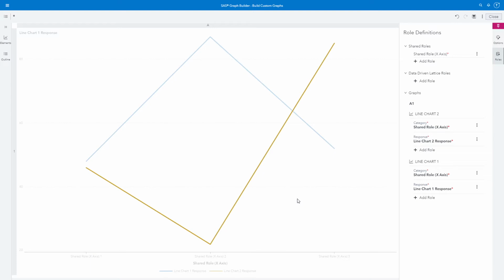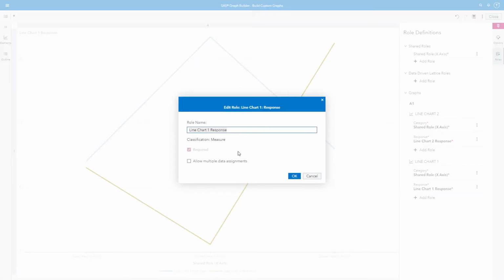The next thing I need to do is to decide which line chart I'm going to have to hold the dynamic reference line. I'm going to choose line chart 1 for that, and I'm going to change the line chart 1 response so that it's more clear for the user that this is going to represent the dynamic reference line. Again, using the overflow menu to edit role, I'm going to rename this role to be dynamic reference line